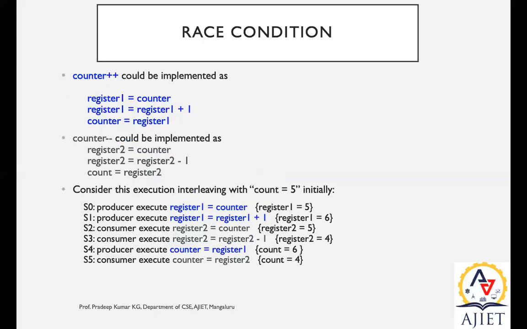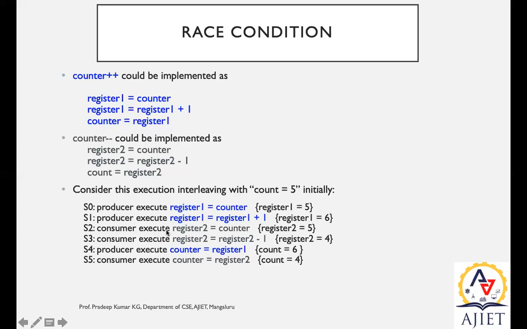So now consider a scenario, the race condition. This race condition is a special scenario in which two or more processes are trying to consume the same data. Then the situation is a race condition. That is, several processes access and manipulate the same data concurrently, at the same time.